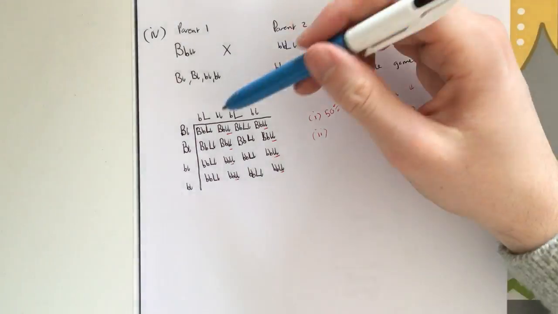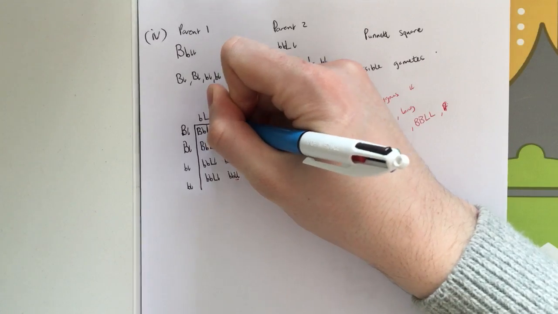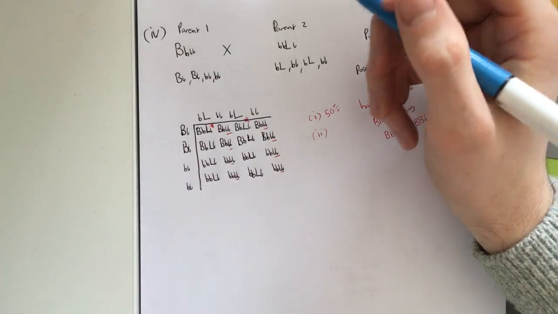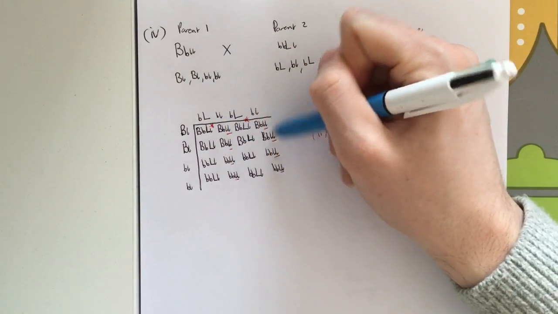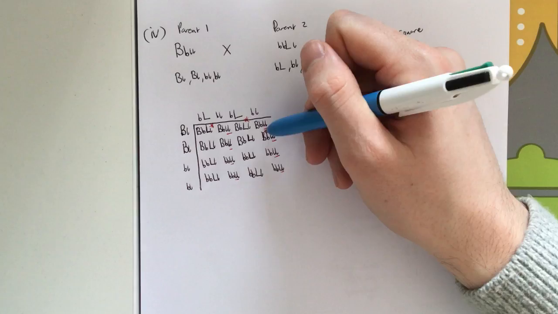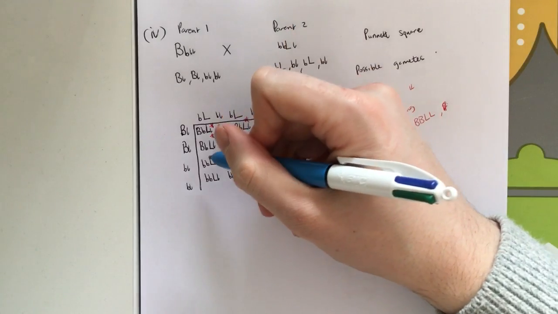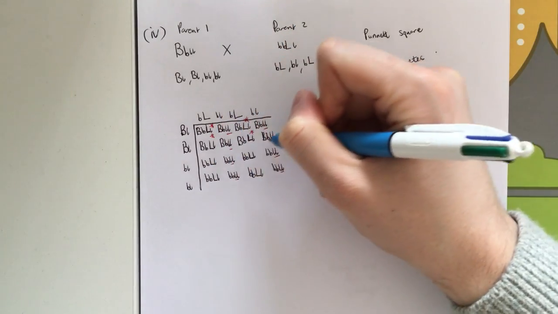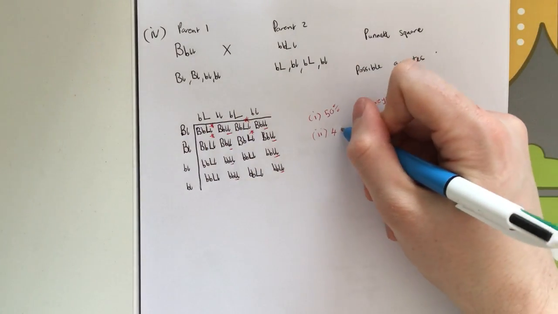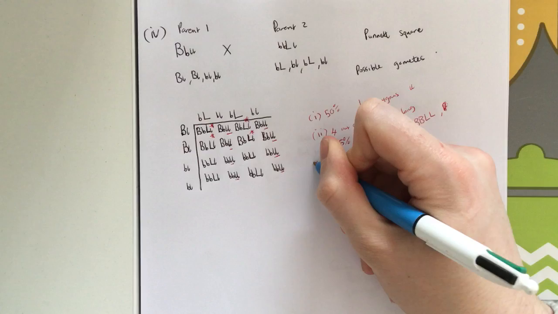Okay, black long. This one here, we're going to put a star on it if we believe it's black and long. So this one here is definitely black and long because it's heterozygous for both. This is the same. It is heterozygous for both. All of the ones I put a line under can't be because they're actually short. So we only look at the ones that I've highlighted here. We have another one, black, long, black, long. This one can't be because that is red, red, red, red. So that's 4 out of 16. Therefore, that is 25%.